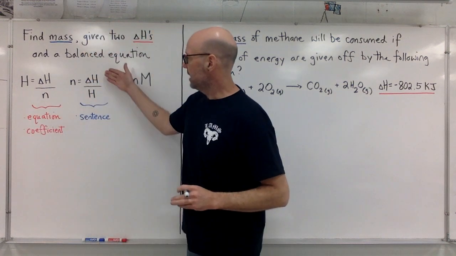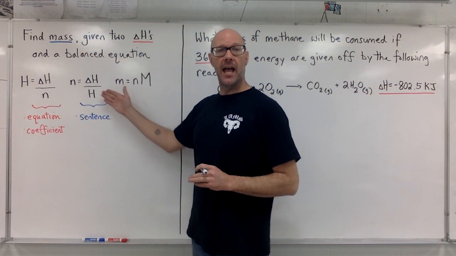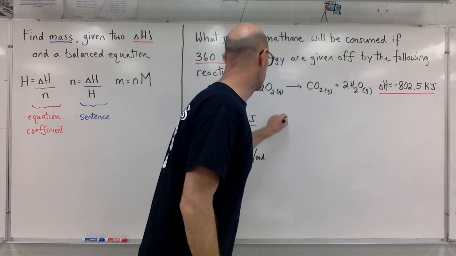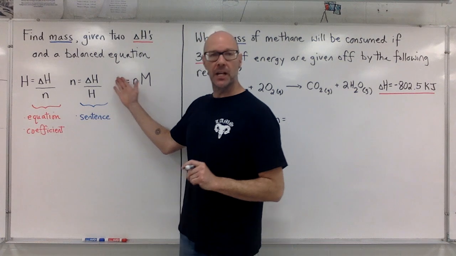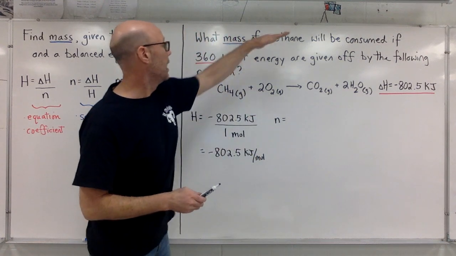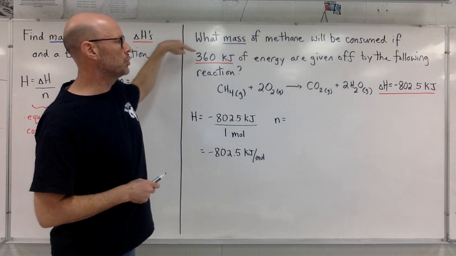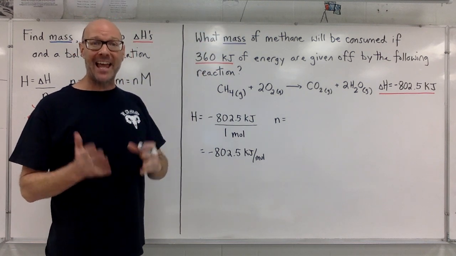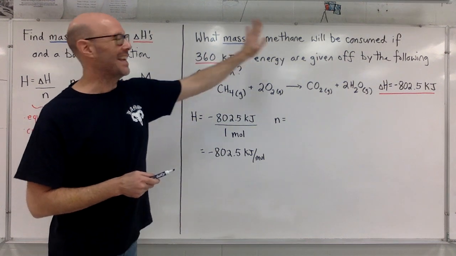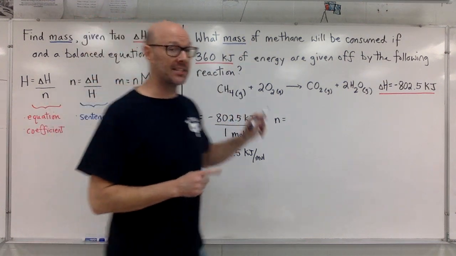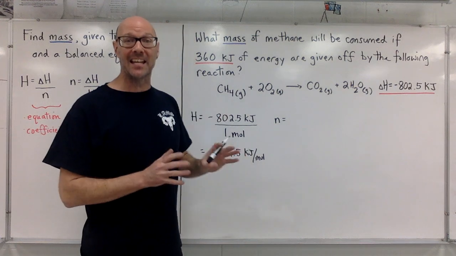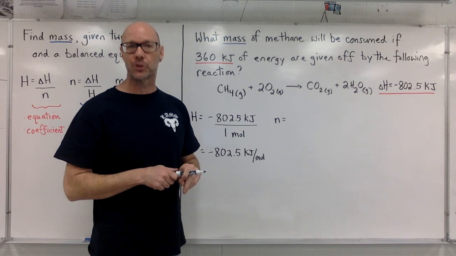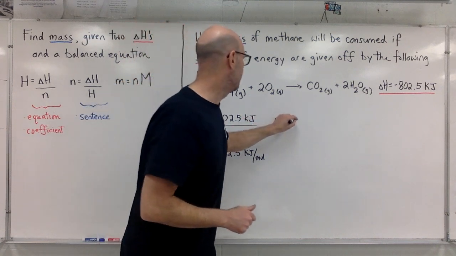Step 2. Take the delta H from the sentence and divide by H, our previous answer. Moles. The delta H from the sentence. Here it is. Oh yeah, 360 kilojoules of energy are given off. Again, watch out for those language cues. This energy is given off. That's a little bit sneaky. It's telling me that the delta H is a negative value. Given off implies a release, a liberation of energy, an exothermic process. That's negative